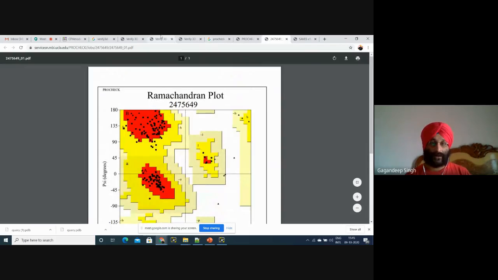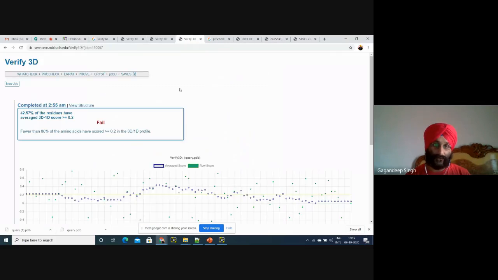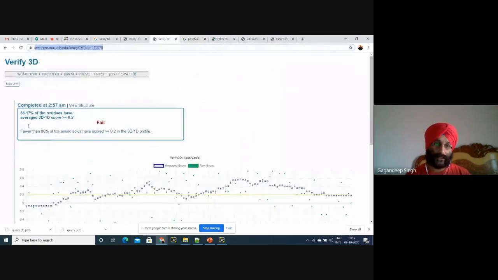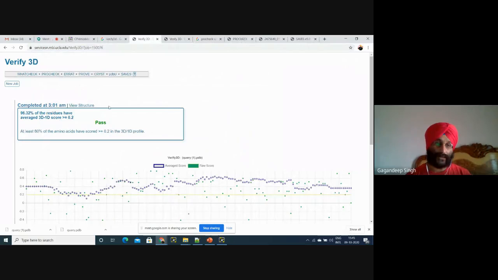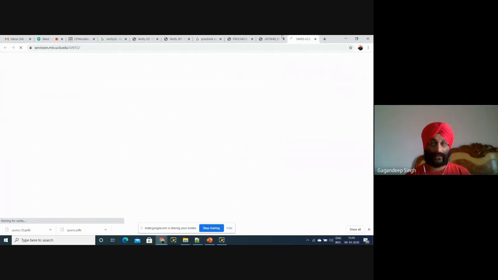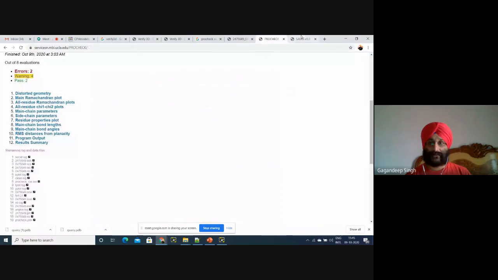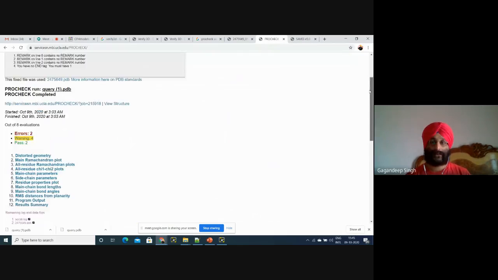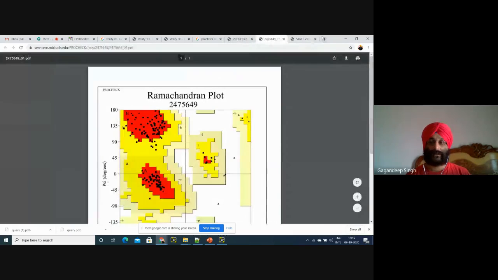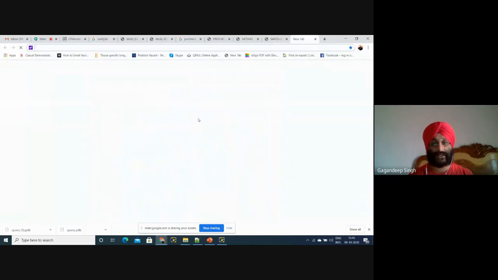These are the two most important tools for telling whether our structure is pass or fail. This was the previous structure. This was also a previous structure because there is only 66.17%. And this is the structure that has given us the confirmation that this structure is pass. Okay. Now, another thing we want from this ProCheck analysis, firstly we need this Ramachandran plot, which is a very important part, and we'll show this Ramachandran plot in publication as well.